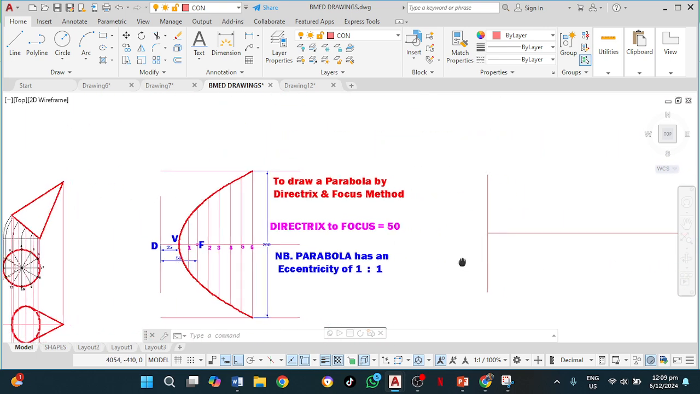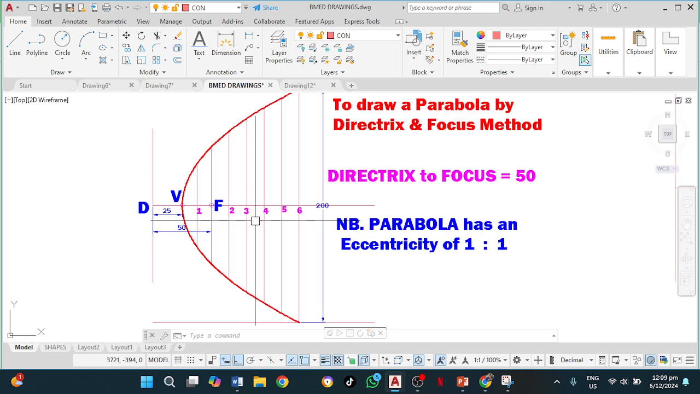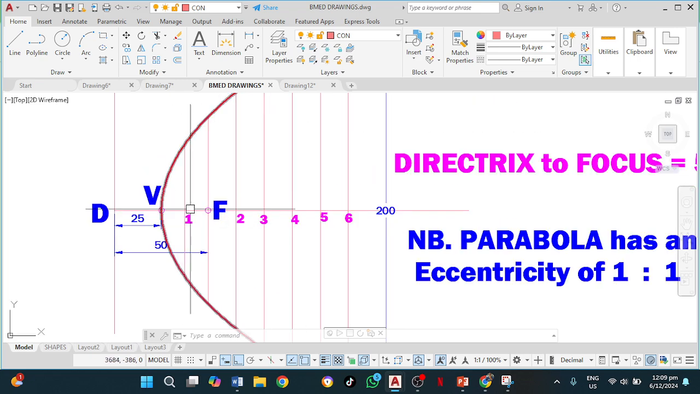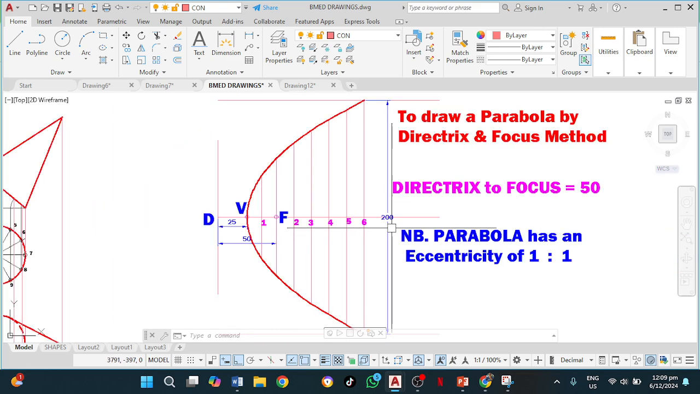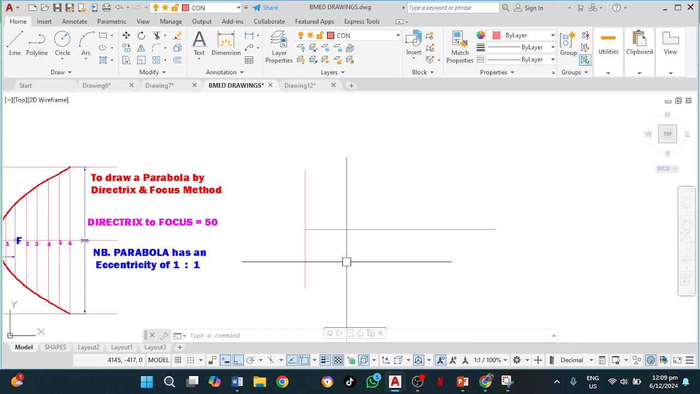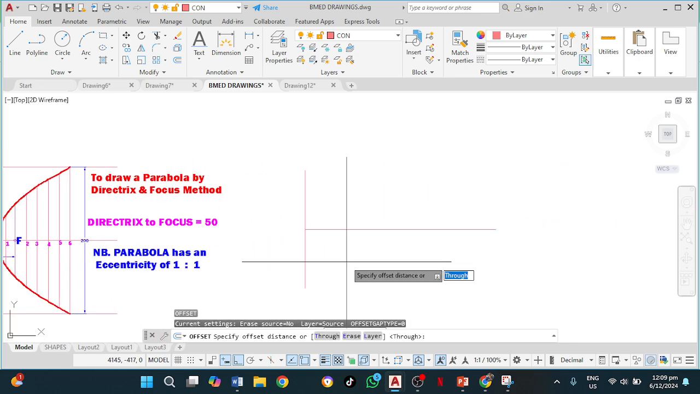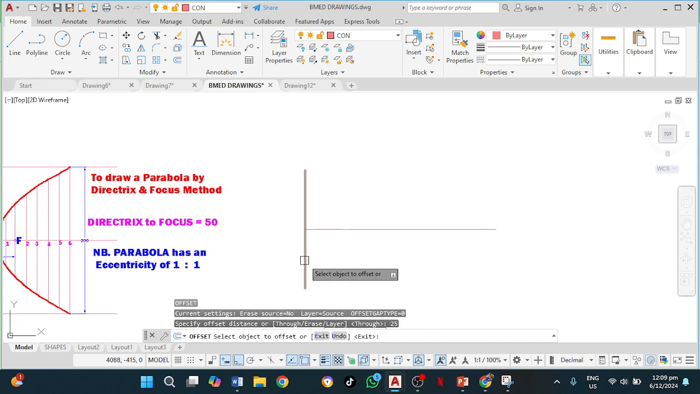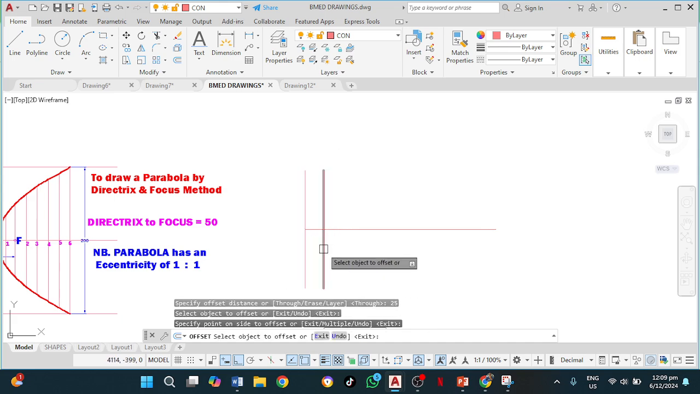So we have drawn this. My next step is to mark off this 50, which is the focal point, from here. So for that, I'll be offsetting this at a distance of 50. Probably offset by 25 first and then offset again. So I will offset, enter. Offset distance is 25, enter. Then left click that, left click and go that. So now